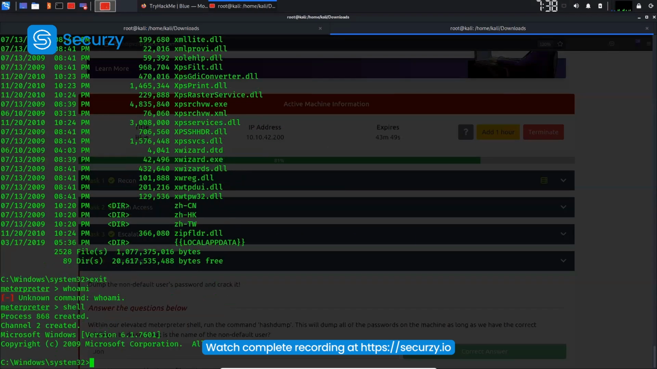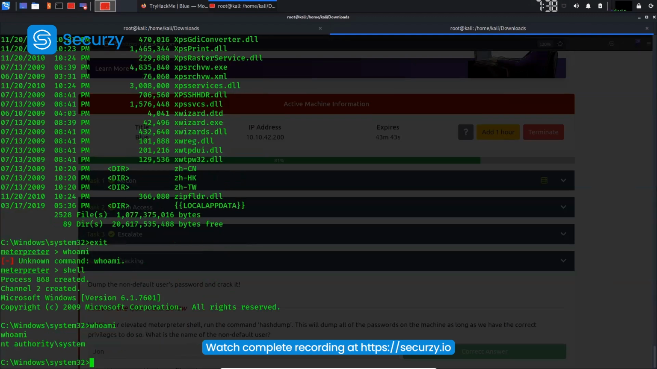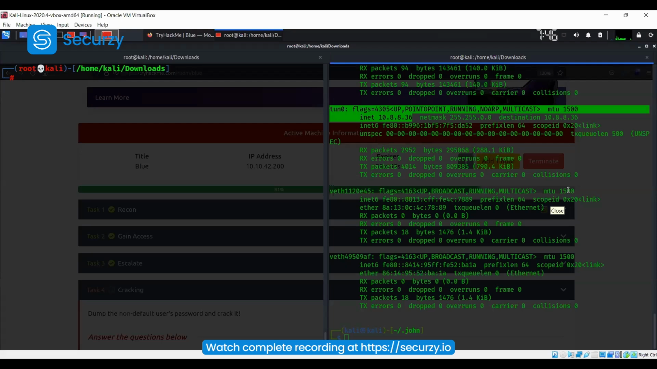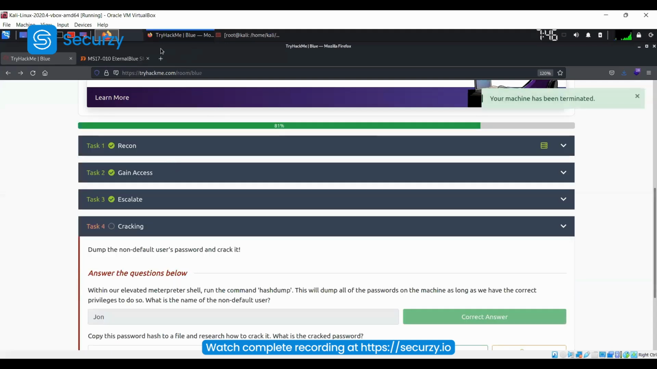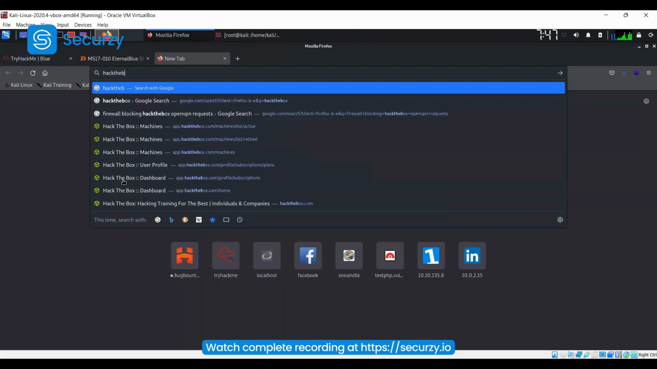Okay, who am I? I'm NT AUTHORITY SYSTEM. Like I have the most privilege on this machine. Okay, this was TryHackMe. We can terminate the machine now as we have already completed. Hack The Box is also a similar thing,